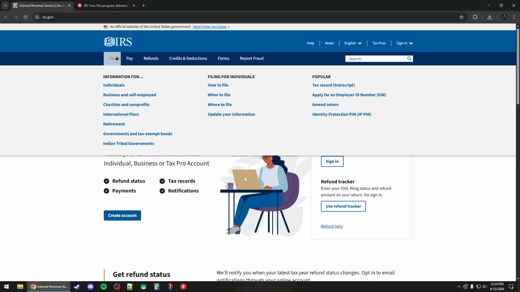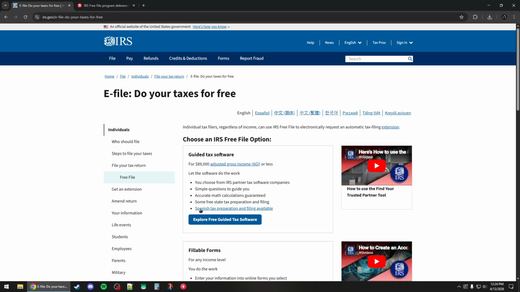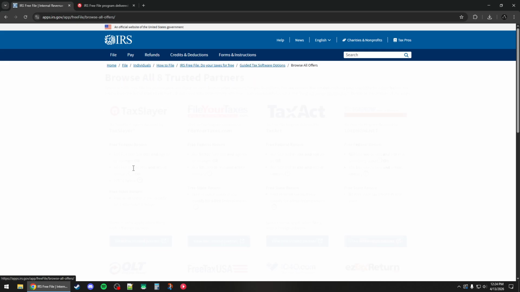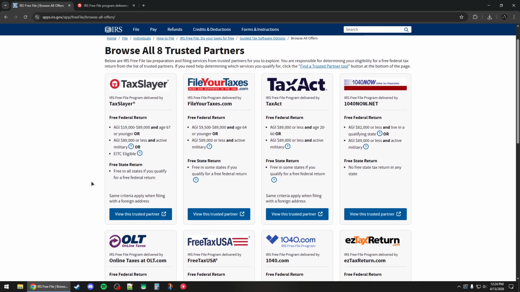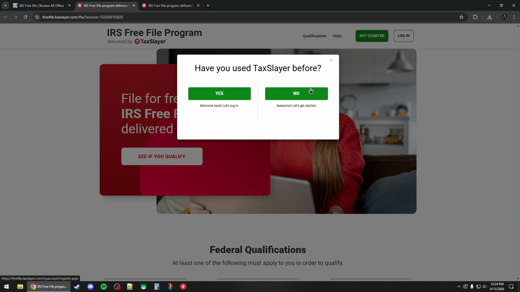You can go to the IRS website and then click on File Individuals and then click on File Your Taxes Online for free. Now choose Free Guided Tax Software and browse the trusted partners. And you can choose one of these platforms. And then you will need to register an account if you don't have one, or just log into your existing